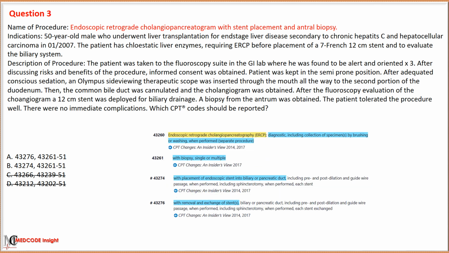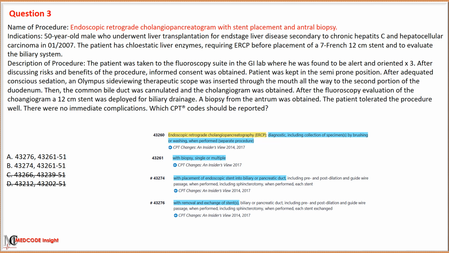In both remaining options, codes 43274 and 43276 are used to report endoscopic retrograde cholangiopancreatography. Since the scenario involved the initial placement of the stent rather than the exchange of one, we eliminate option A with code 43276, used for removal and exchange of stent. So, the correct option is option B with code 43274.